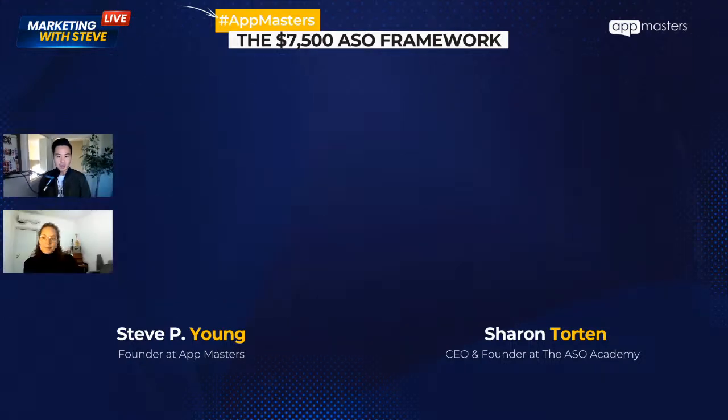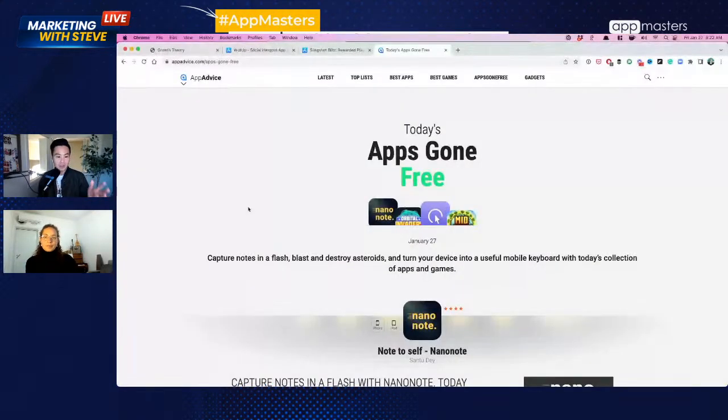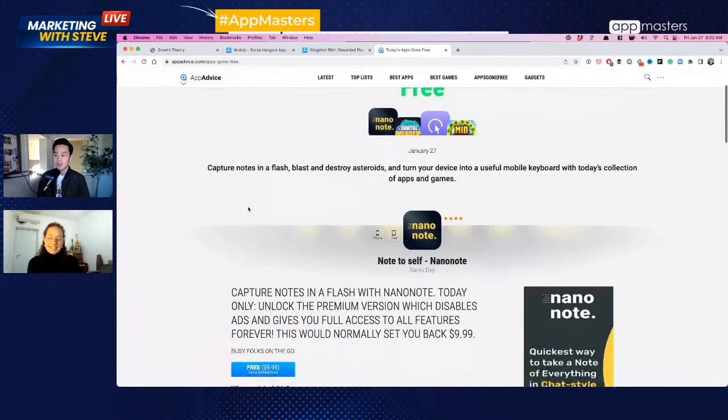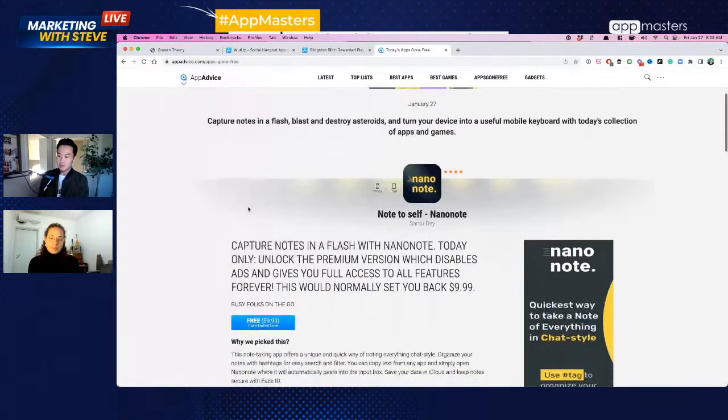And I will share this with you while on the spike method. One of our favorite campaigns, and I'm glad you brought it up because when we were talking, I was like, oh, I do this too. One of my favorite ways to spike downloads for free is to go on App Advice and make my app featured. If you've got a subscription app, you need to do a 30-day trial to get on App Advice. If you've got in-app purchases, let's say remove ads, you need to make that free.